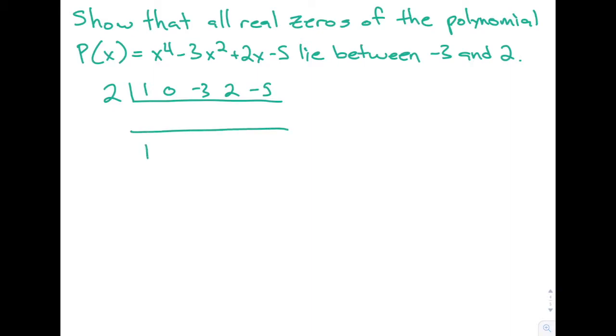We drop 1 down, 2, 2, 4, 1, 2, 4, 8, and then 3. And if we note, all of these are non-negative. In other words, they're all positive. So this implies that x equals 2 is an upper bound